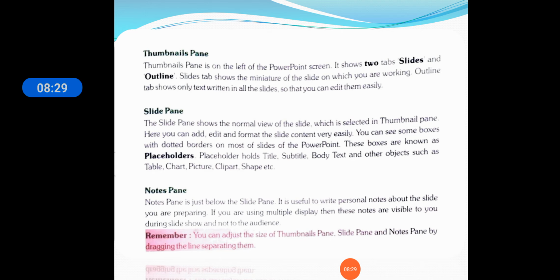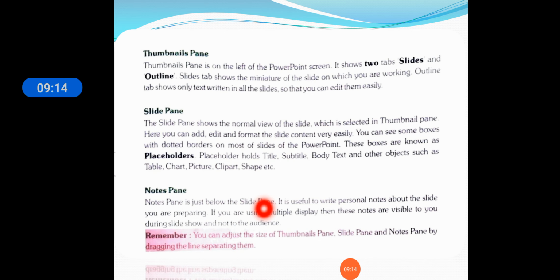Now, when you click on the slide, the options are given here. In that you can add, edit, format any shape, any slide you want. You can select any design. There are dotted boxes, so you can write any text there. If you want to give a heading, you can give any heading there. If you want to change the heading, you can change it as per requirement. You can make it attractive using the design tool and all that. Placeholders are where the texts are written. You can add the title and subtitle for any picture. You can add the picture, table, chart in these slides.